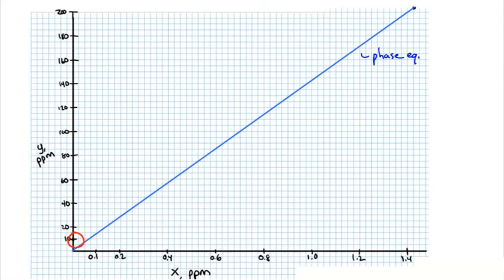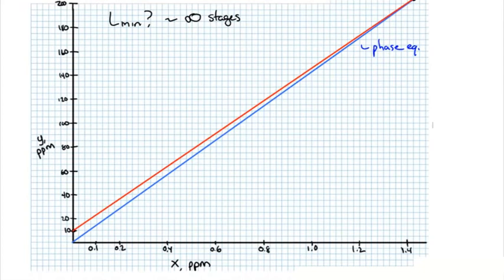So if we wanted to determine at this point what the minimum absorbent flow rate would be, right? We're looking for L min. That's going to correlate with an infinite amount of stages. So this is what our operating line would look like if we had an infinite amount of stages counted off between our operating line and our phase equilibrium line. As you see, that gap becomes smaller and smaller. So we could determine what the slope of this line would be, because that will give us an idea of what our L and V ratio is, and then we can multiply that by our factor 1.4 to draw our